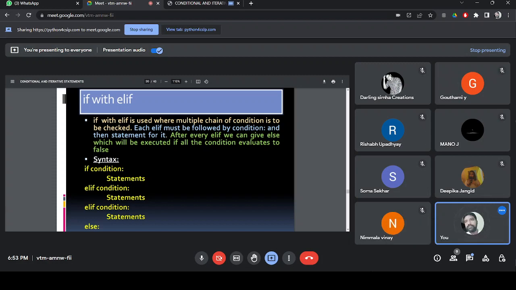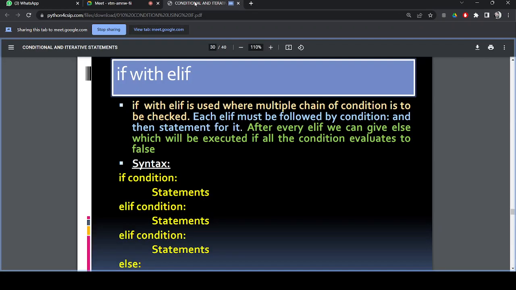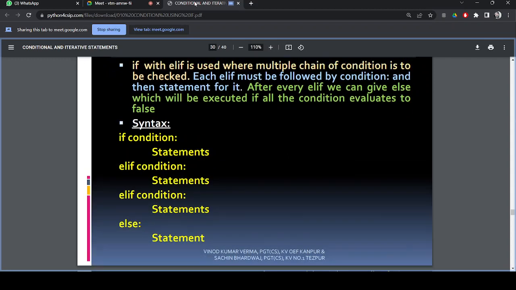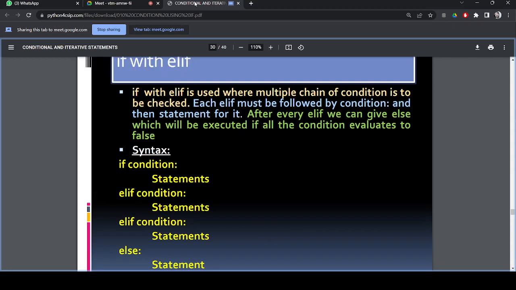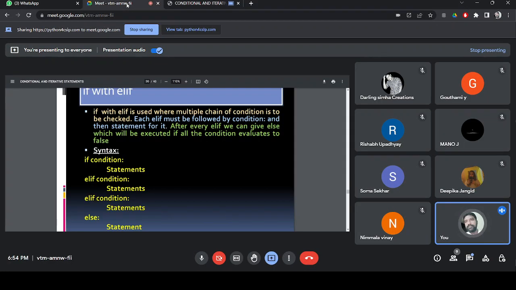In that scenario, you have to go for a syntax called if elif condition or if elif statement. If elif statement is also a selection statement. Just briefly, I will explain the syntax and how it works. If you know these two things, you can start solving the problems. If condition colon statements, elif condition colon statement, elif condition colon statement. Like this, however many elifs are required, that many elifs can be added to the if statement.